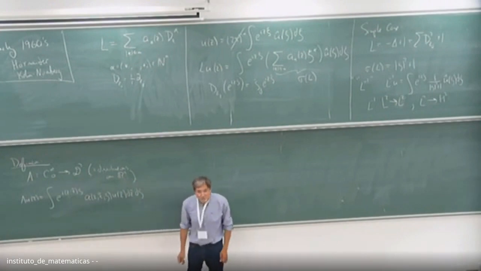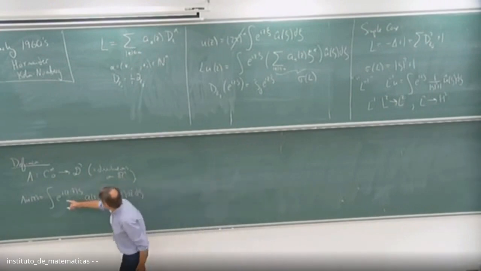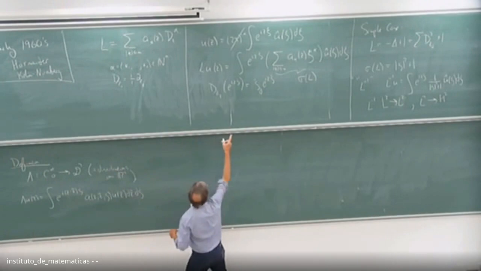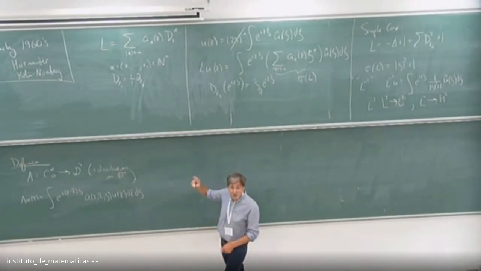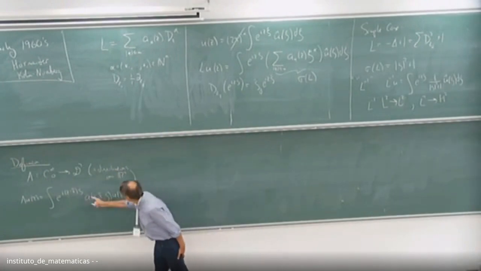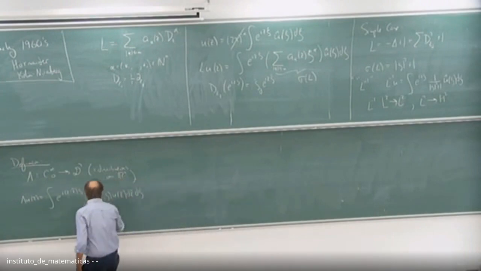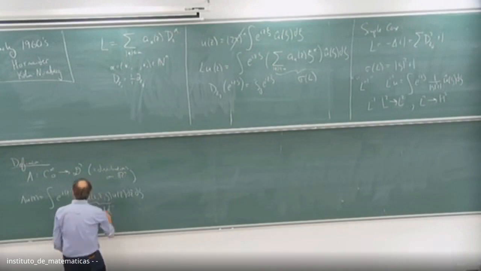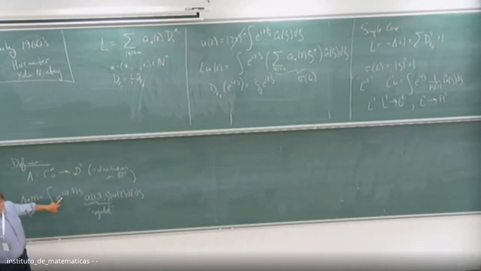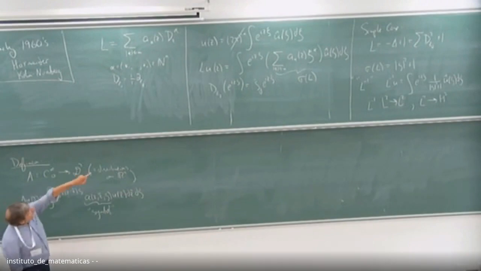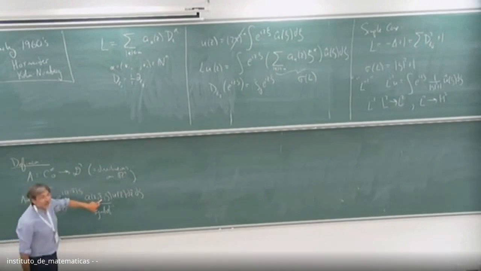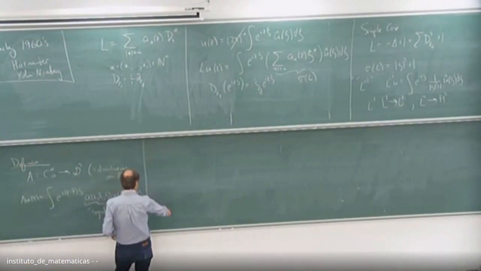This looks like a mouthful. But first of all, this e to the minus i z tilde dot zeta, that's just the U hat of zeta there. I've incorporated the U hat of zeta, written out as part of the integral. Then I multiply by something here. This is called a symbol. And then I take the inverse Fourier transform. This is different from what I've written there only in the fact that I've allowed the symbol to also depend on z tilde. So that's an allowable generalization.